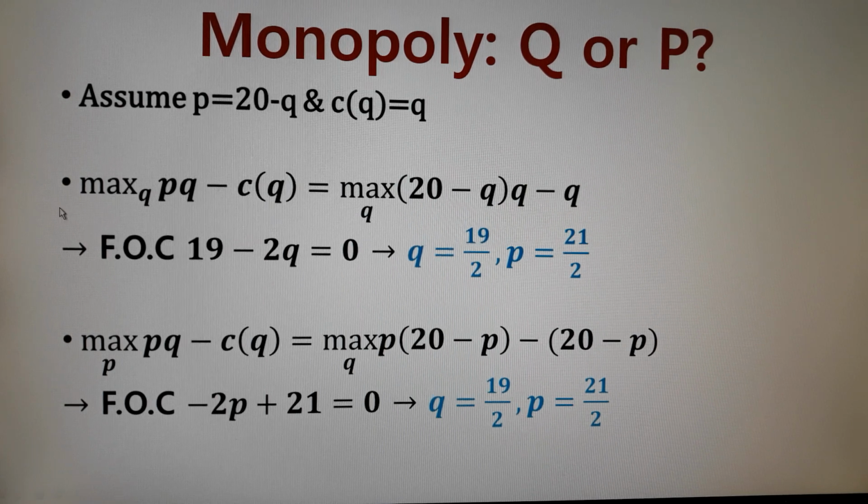Let's check. If you choose Q to maximize the profit with the quantity, then we know P is 20 minus Q, so we replace P with 20 minus Q, multiply Q, minus CQ, where C is Q as we assumed. So this is the profit with our assumption of demand and cost. And the first order condition, I hope you understand this word, which means you differentiate whatever you want to maximize,